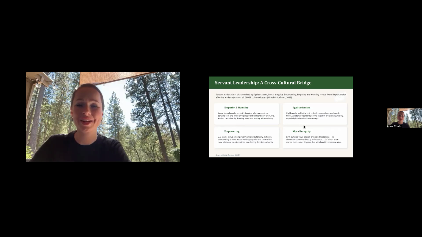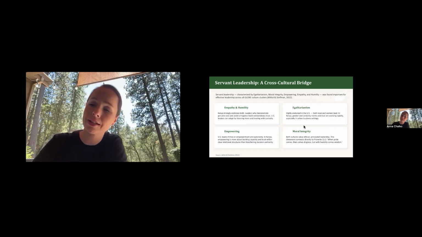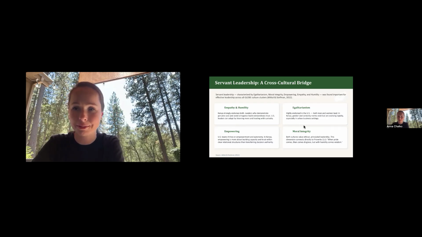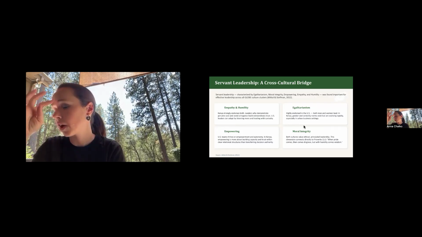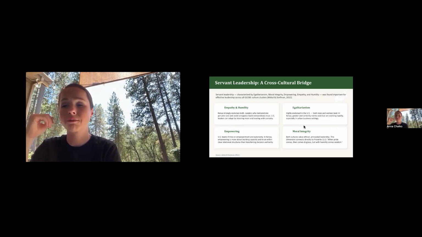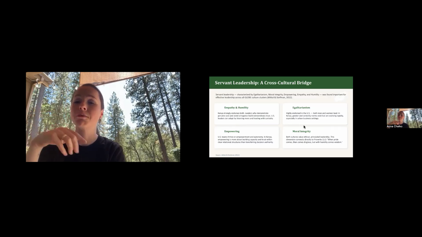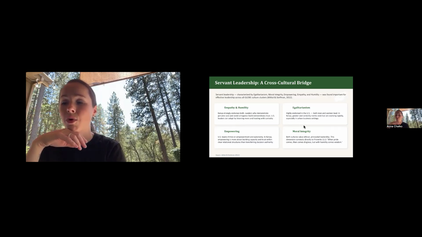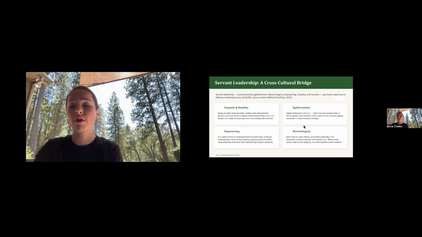Okay, servant leadership, the cross-cultural bridge. Servant leadership is the bridge between cultural analysis and practical wisdom, and between management theory and biblical ethics, because I'm a Christian before I'm a manager, right? I'm a Christian before I'm a nonprofit leader. So Liden and Dorfman in 2012 found that all 5 dimensions of servant leadership, egalitarianism, moral integrity, empowering, empathy, and humility, were rated as important for effective leadership across every globe